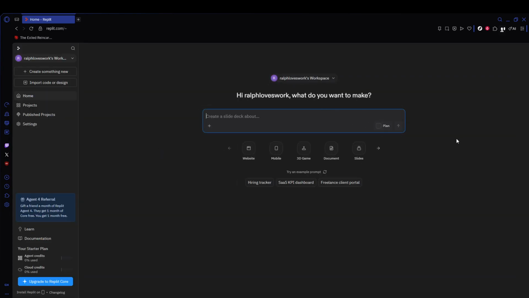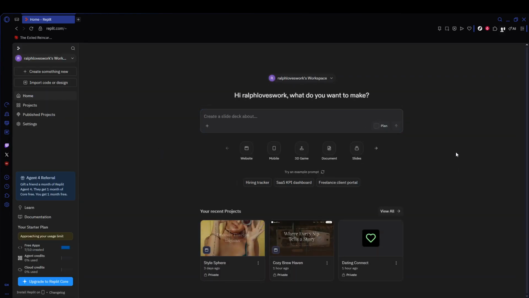When you're ready to collaborate, click Invite near the top of the editor. You can generate a link and choose permissions so others can view or edit your project. Only share